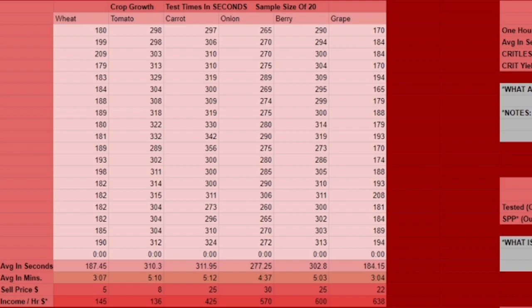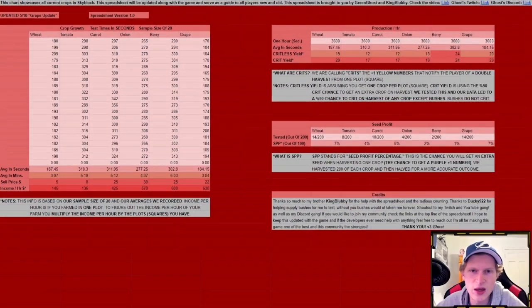This also is up to date with the grape update, like I've said previously, and it includes the onion nerf. Rip onions, you will be missed. I make far less money now. Thank you, devs. I appreciate it. Just kidding. I love you. You make a great game, and I spent this much time on it, so I think I deserve a reward. Anyways,